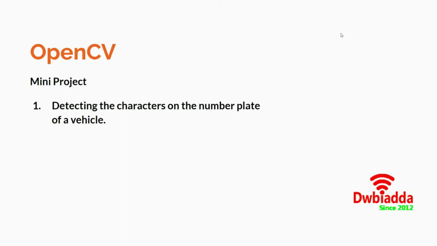So the answer is that there was a camera fitted over the red light pole or the traffic signal, which captured the images of your car as well as the license plate, and based upon the characters that are written on the license plate, it extracted all the details out from it and gave you the fine. So it's not a 100% foolproof method.